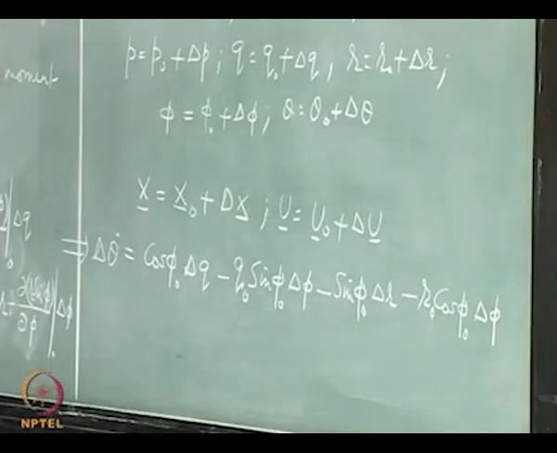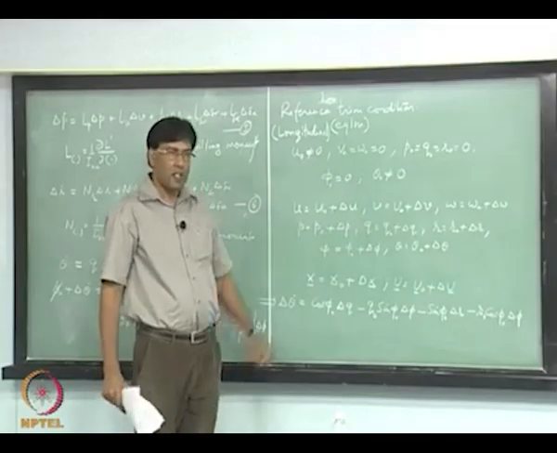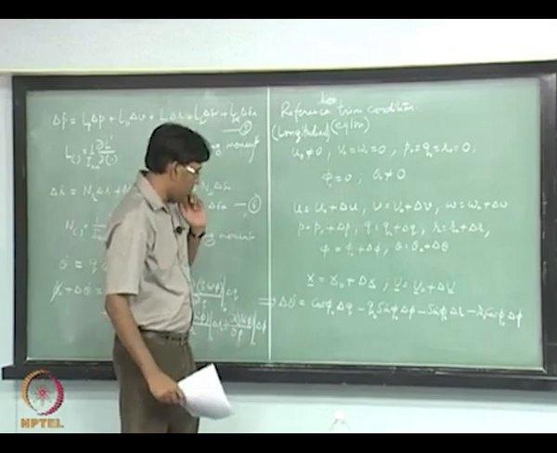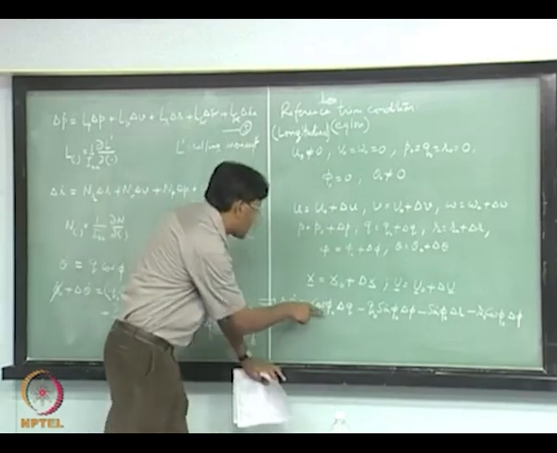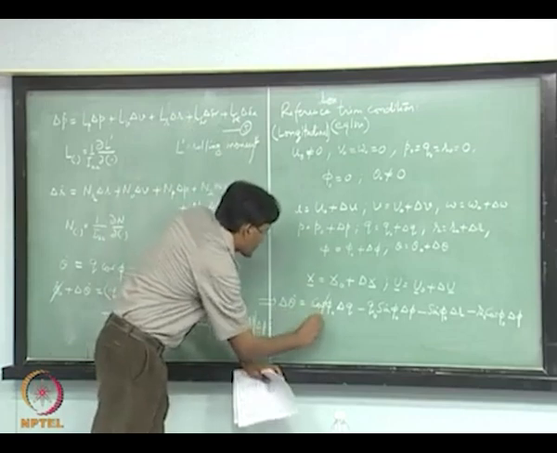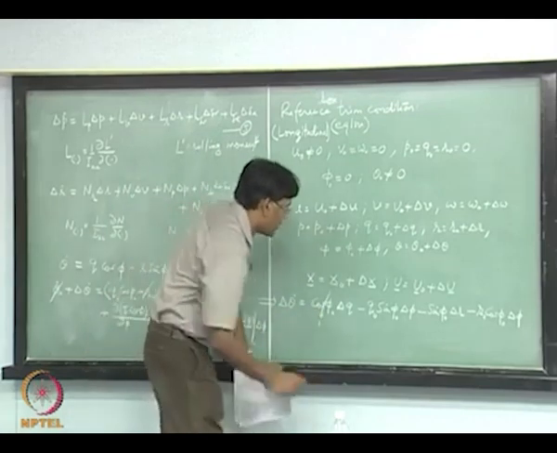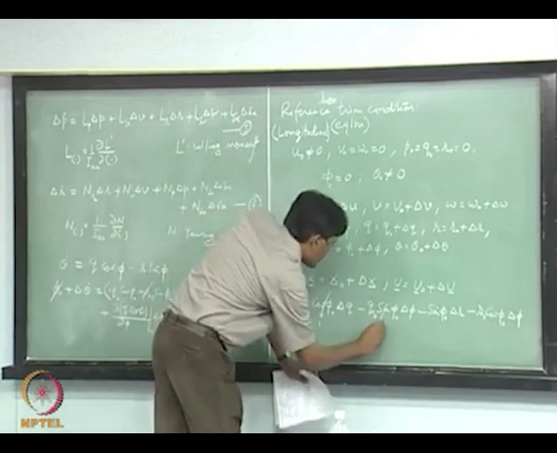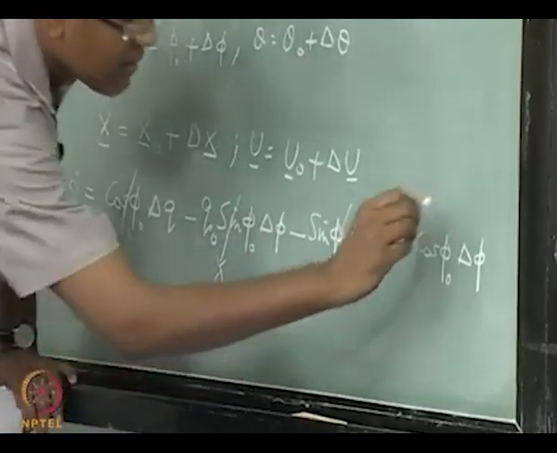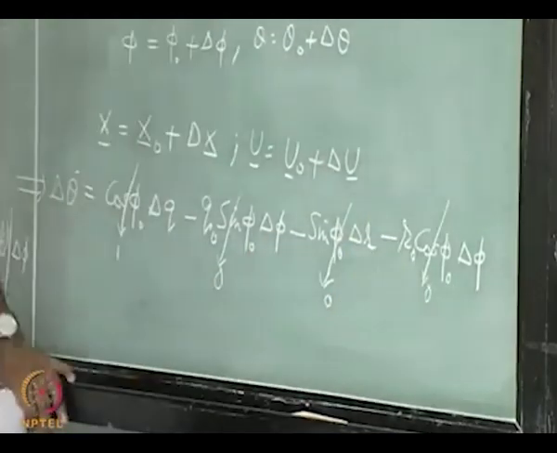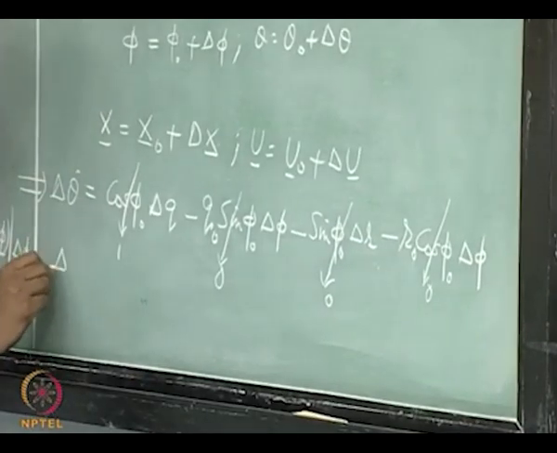Right, and now use this reference flight condition and see what is left. So phi naught is zero, cos phi naught is 1, this is 0, so what is left is